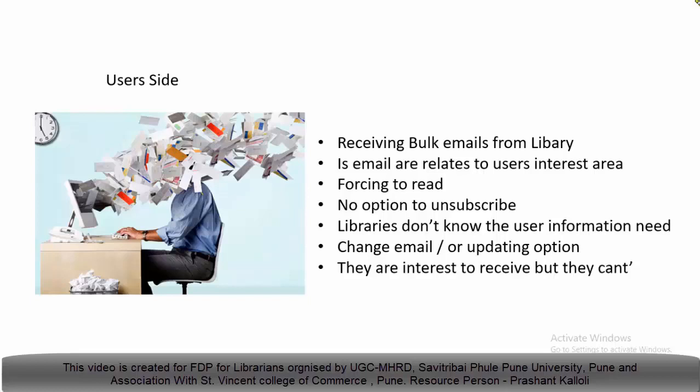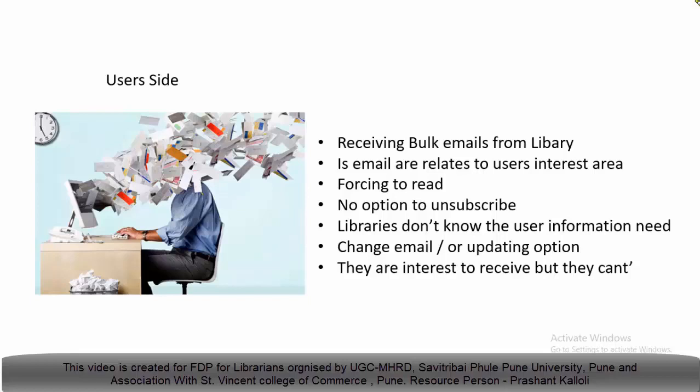And users have no option to receive emails by categories of email topics. We never create email topic categories. We are sending class-wise or category-wise emails to students, maybe teachers' groups, class-wise groups, but we never create email topics such as a new arrival email group, a journal alert group, or a science and technology alert group. We have to make such lists and give students the chance to add themselves to them. So there is no provision for this.